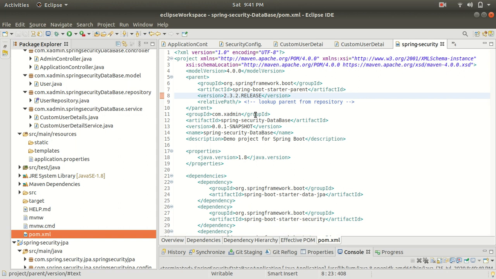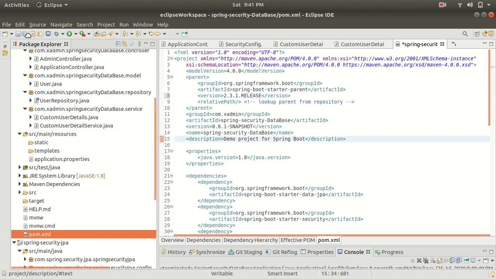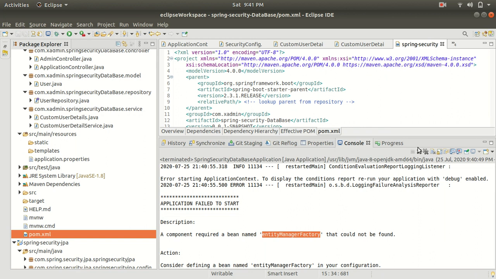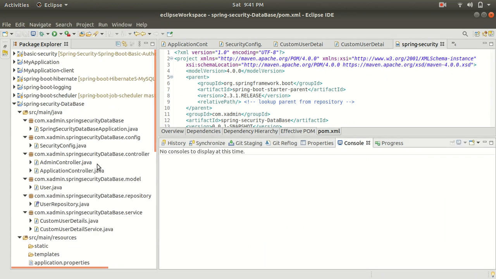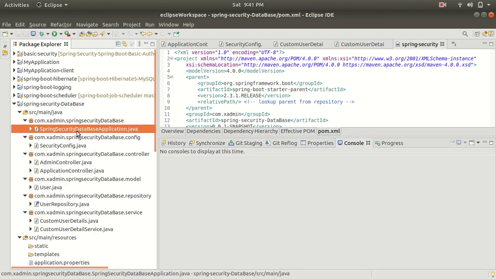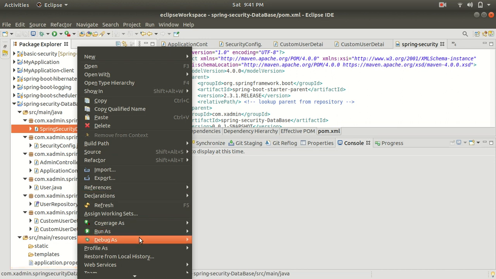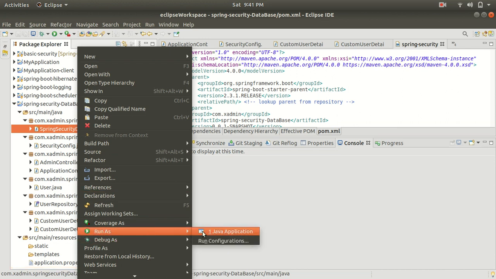So here I will use 2.3.1. All right, so let's save this. So again, I want to start my application. Run as a Java application.